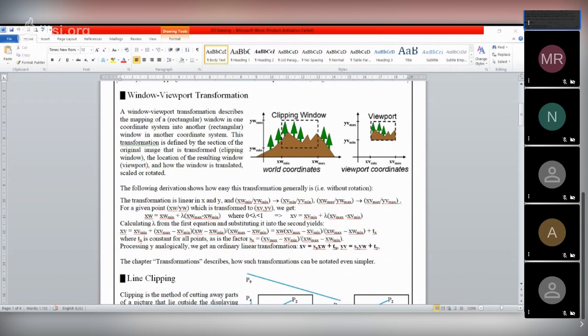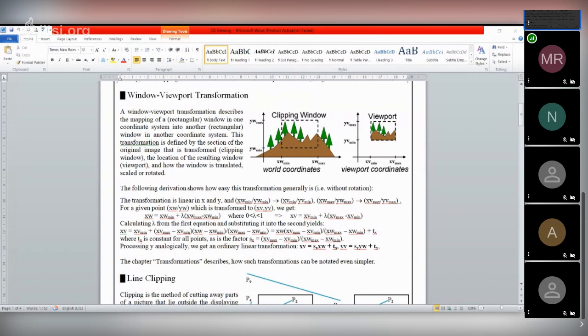Then after selecting this region, we have to fit it to our viewport. That means we have to do some transformation. And this transformation, as you know, is scaling, because we are just decreasing the size of the window to fit into our viewport.